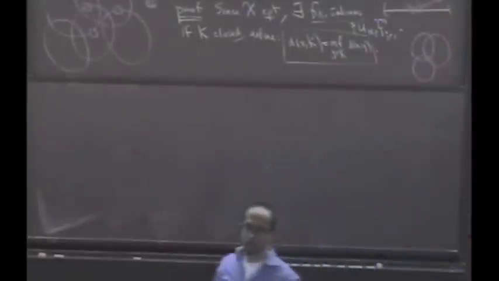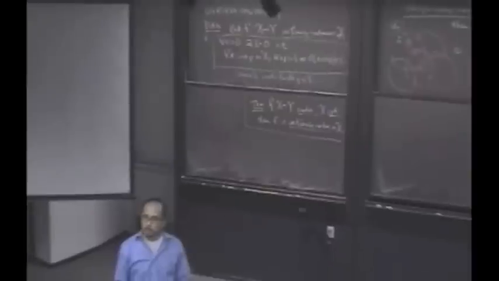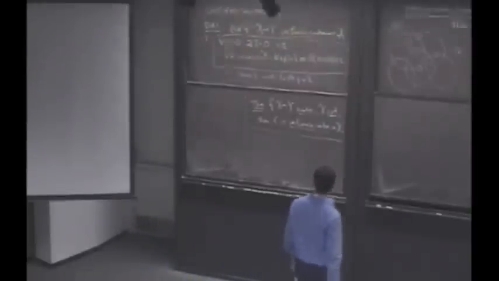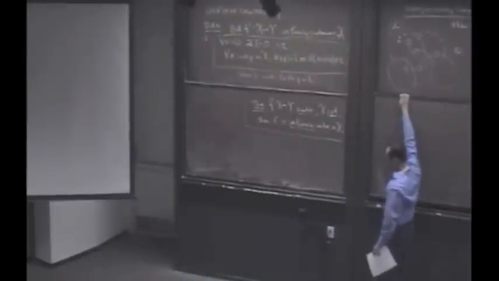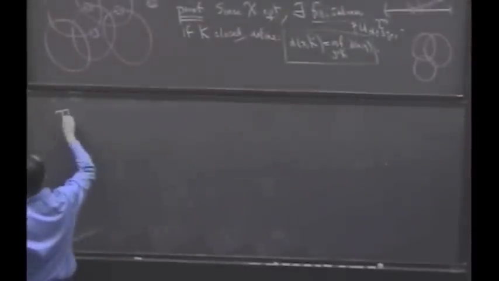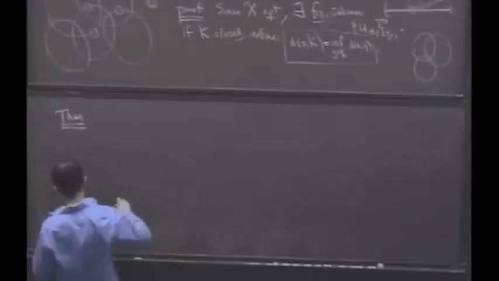Okay, let's resume. So we've seen that continuity preserves lots of different things, right? Continuity preserves limits. Continuity preserves compactness. So the image of a compact set is compact. And as somebody conjectured last time, continuity also preserves connected sets. So if you take the image of a connected set, then in fact, the image is connected.